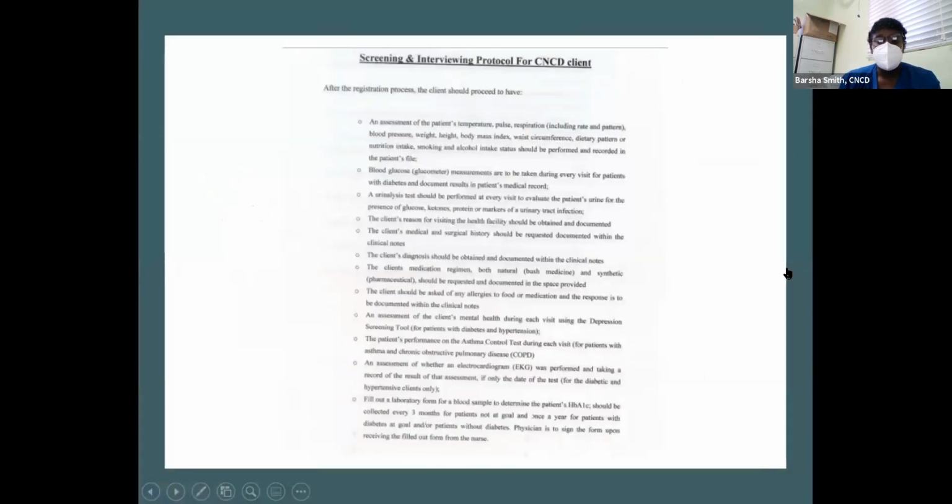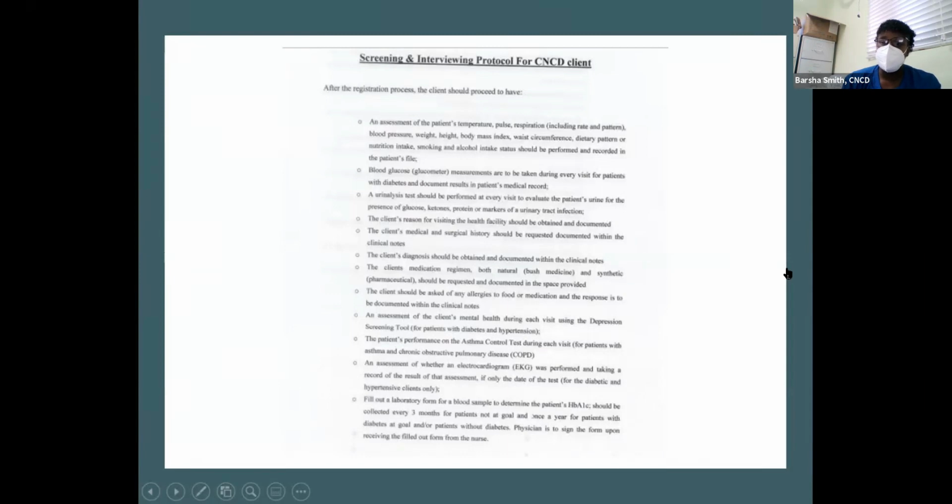When these patients present to the clinic, they should have their temperature checked. And now that we are getting back to some normalcy, because right now within COVID, we're finding that our CNCD patients are not coming to clinic. They're just presenting for prescription refill. They're not having their routine labs assessment done, but we are trying to work with the clinics now to get all the CNCD patients back to their healthcare provider to be assessed.